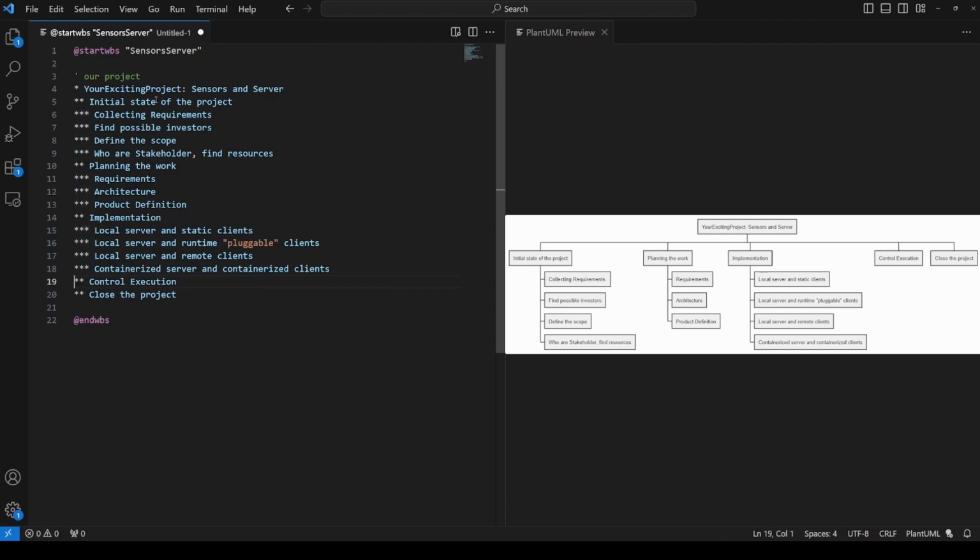I think that we can go with the following milestones. In implementation, firstly, we will have a local server and static clients. It means that we just start an application. All clients are connected as libraries and they just send some virtual data. Then we have a local server and runtime pluggable clients. That's a goal that I stated in the roadmap version